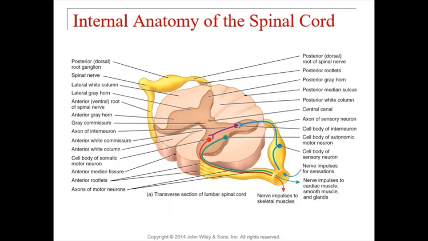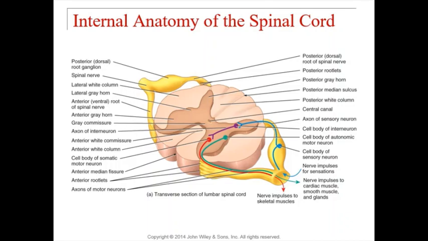While the two pointy projections towards the front, same side as the anterior median fissure, well, those two pointy projections in the gray matter are your anterior gray horns. Or you could just call them anterior horns or ventral horns. So that's what you're really looking at when you look at this dark H-shaped or butterfly-shaped portion of the spinal cord. You're just looking at the two posterior horns in the back, the two anterior horns in the front, and